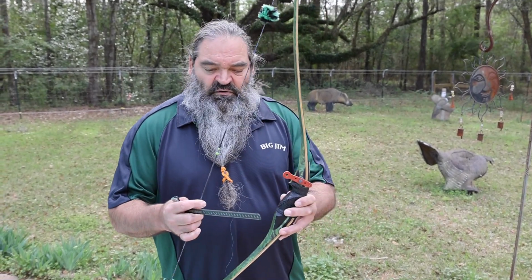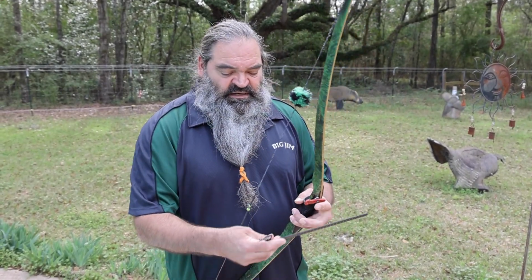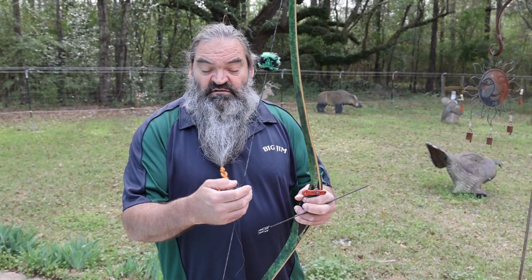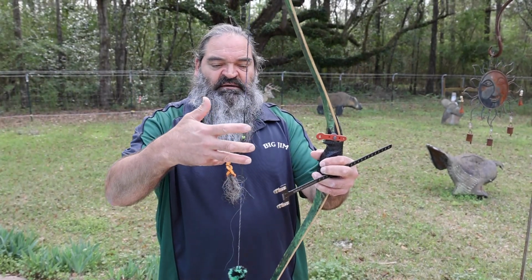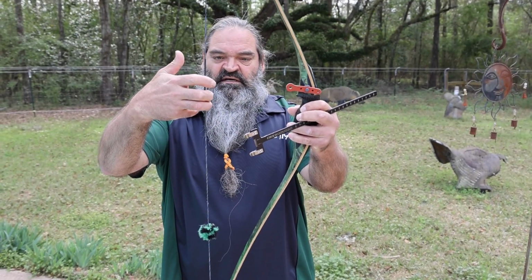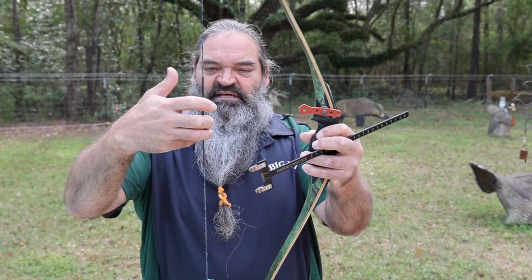So my bow is set for 3 under. I'm a 3 under shooter. That means that when I'm done tuning, I'll find that my nock height is going to be a little bit higher than it would be for split finger. So if I'm a split finger shooter and I've got the nock set tuned right, hypothetically, and I've done all my testing,